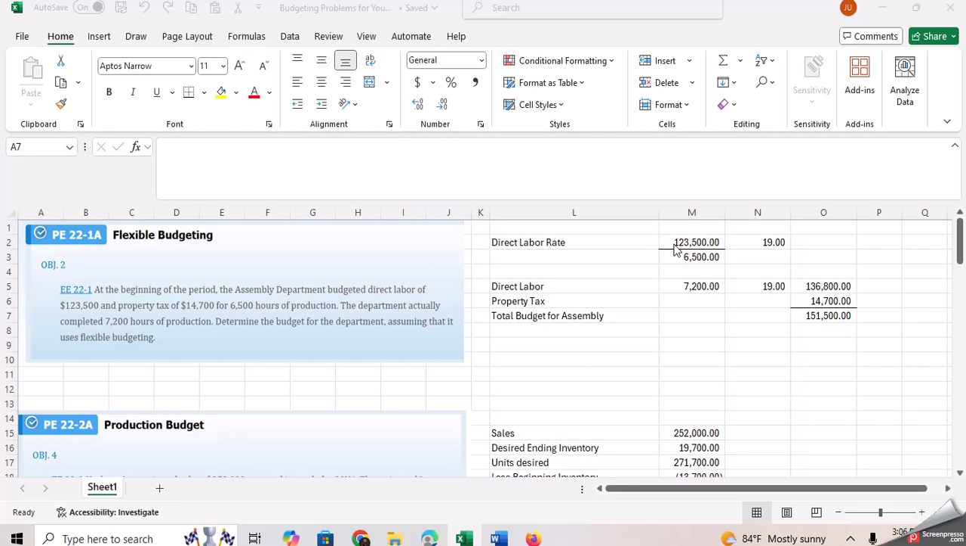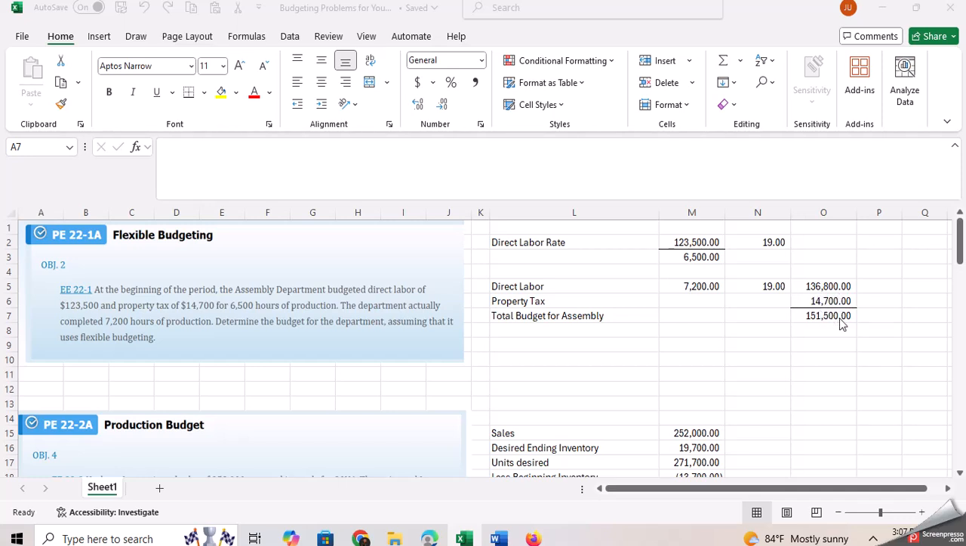So we take the budgeted $123,500, divide that by the budgeted 6,500 hours, and that'll give us $19 per hour. So that's their labor rate. Then we're going to take that labor rate and multiply by the actual hours of production. So the 7,200 hours of production at the $19 per hour gives us direct labor of